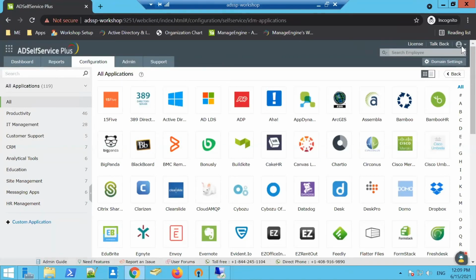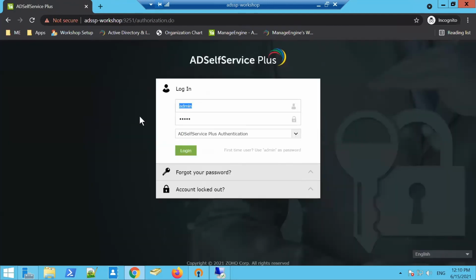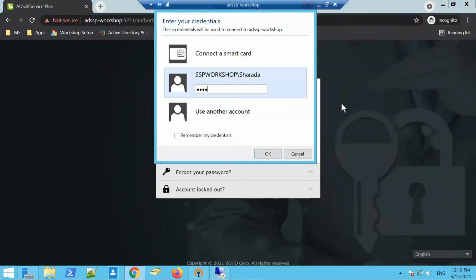Now let us log out as an administrator and log into ADSelfService Plus itself. So you did see that a granular password policy has been enforced. I am going to first log in as Sharada into ADSelfService Plus, or let's make it better. Let's take a remote desktop connection, because the password synchronization within ADSelfService Plus will definitely be seamless, right? But let's test it out. I'm logging into Sharada. I'm going to take a remote desktop connection, keying in the password that we just reset. I hit OK. What's going to happen now